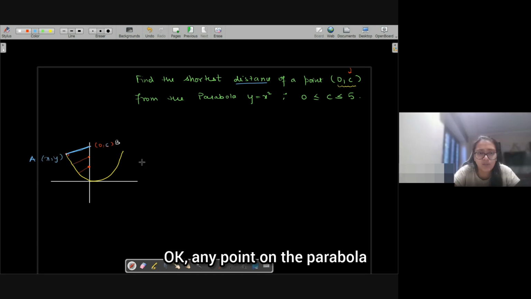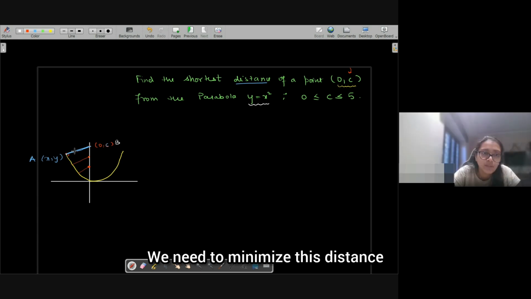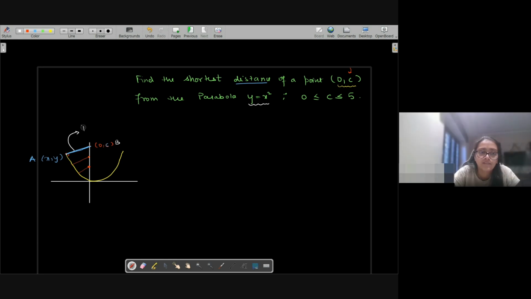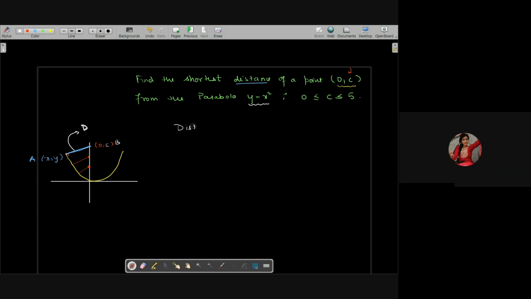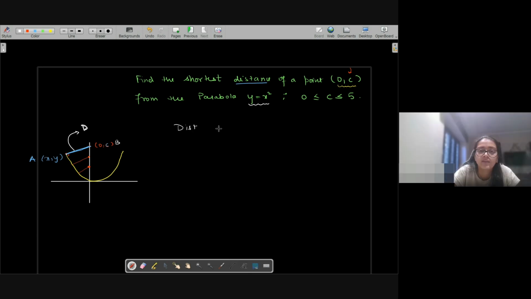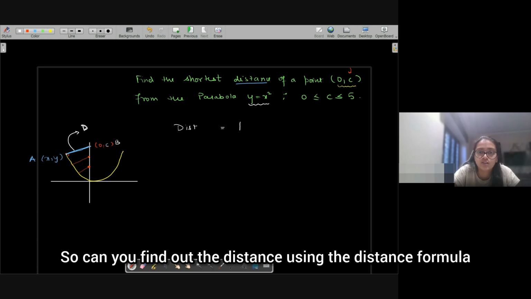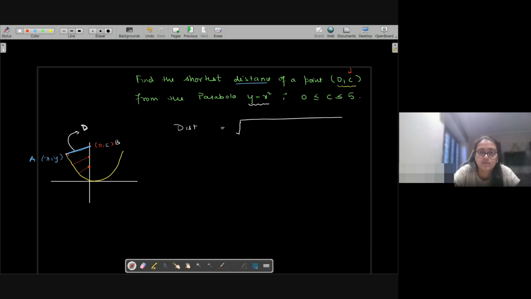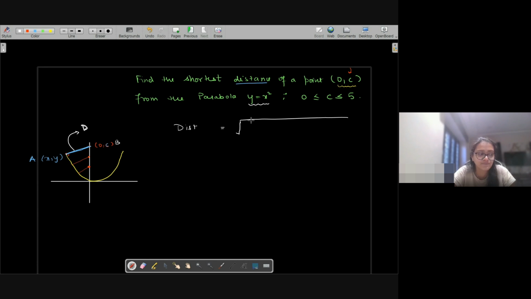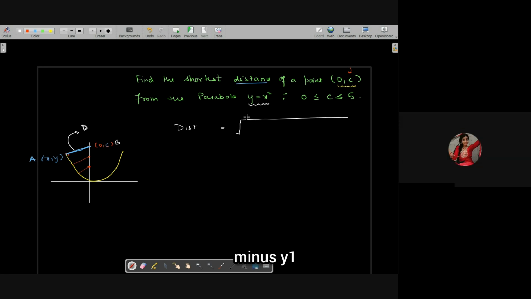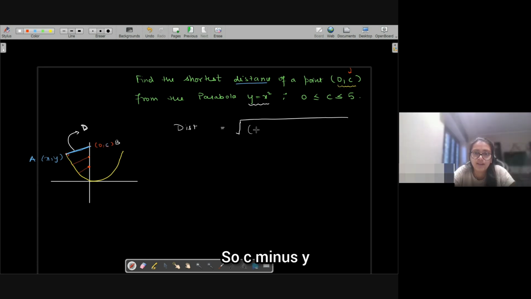Any point on the parabola, let's say it is x comma y. And we have the relationship between x and y. This is the relationship. We need to minimize this distance. So that's the quantity that we need to optimize, the distance between A and B. So can you find out the distance using the distance formula? Yes, if I remember. So I think it's square root of y2 minus y1, so C minus y